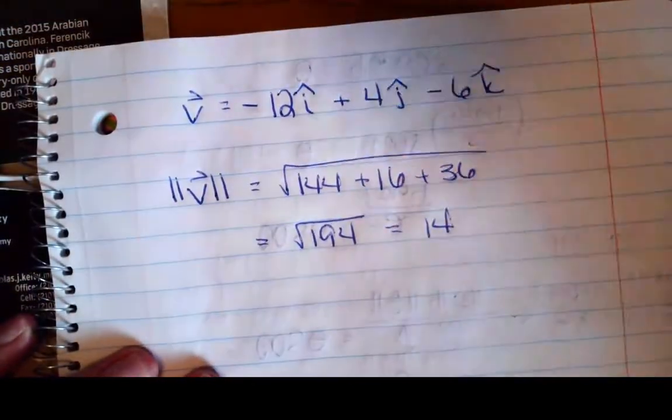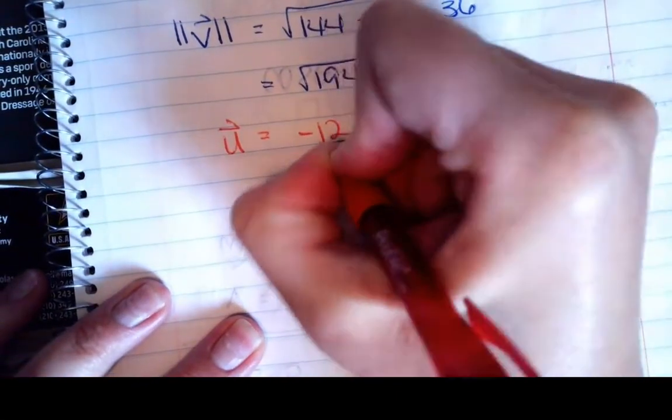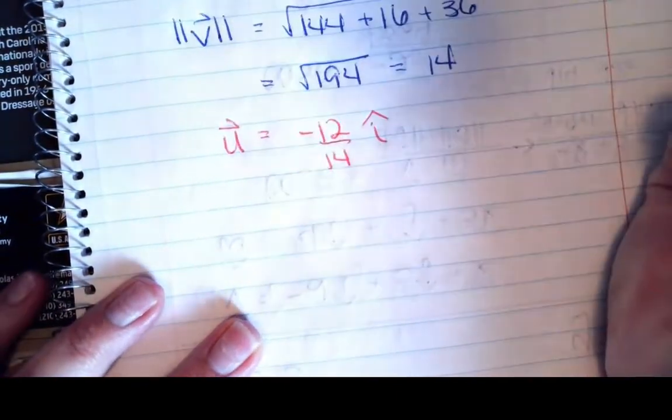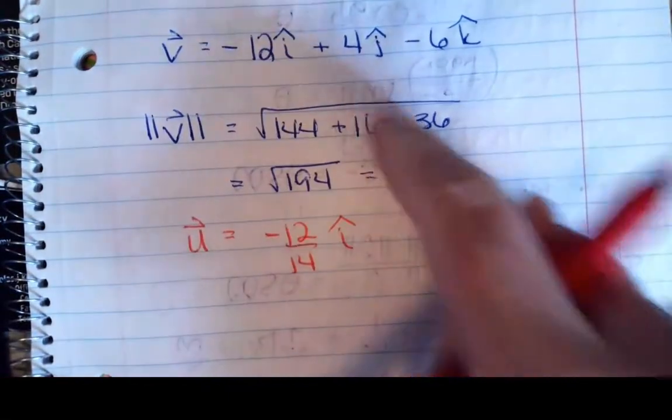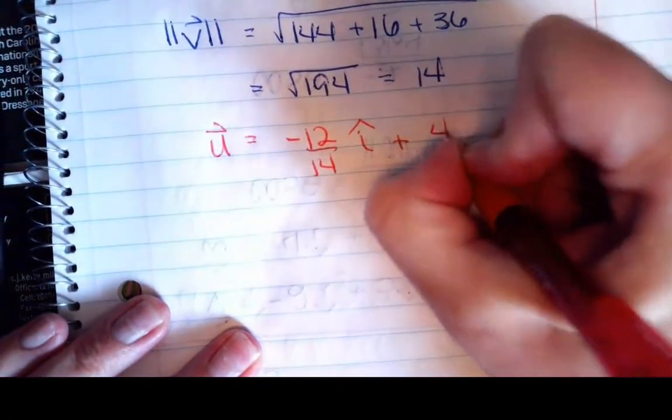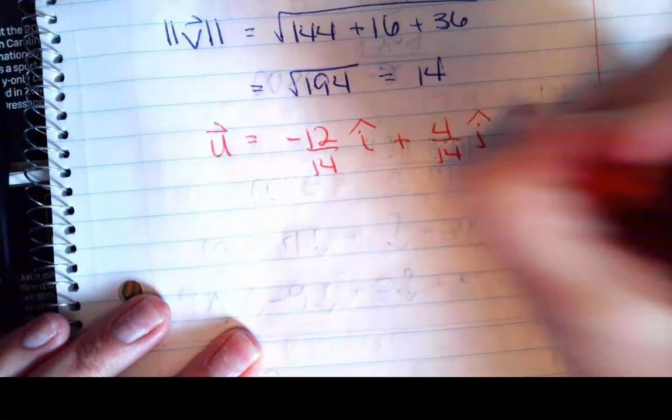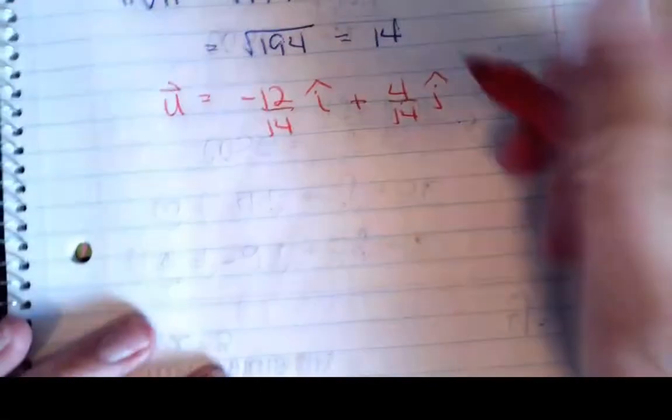Now, coming back up here, my unit vector is going to be negative 12 over 14 on I, and 4 over 14 on J. And yes, you can reduce these, and negative 6 over 14